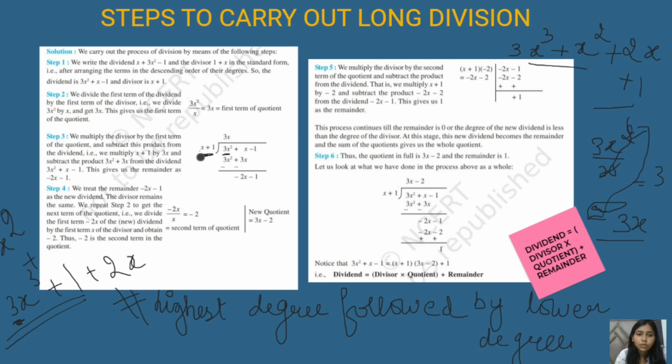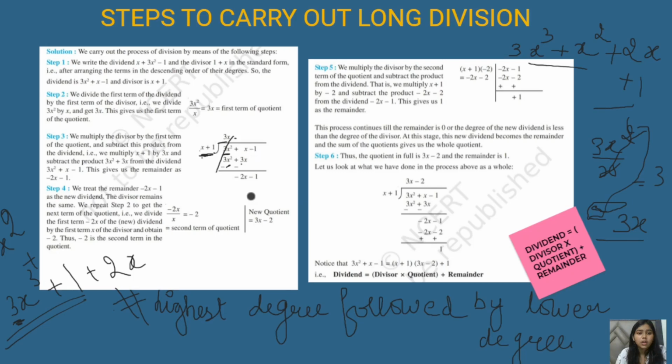Then we multiply this term by 3x, so we'll get 3x square. Then we multiply the subsequent term with this 3x, and we'll again get 3x. Now for the elimination, you just have to flip the signs. In the case of subtraction, we change the signs of the lower term. So 3x square minus 3x square will cancel out to 0. Then x minus 3x will be minus 2x, and the number comes down as it is.